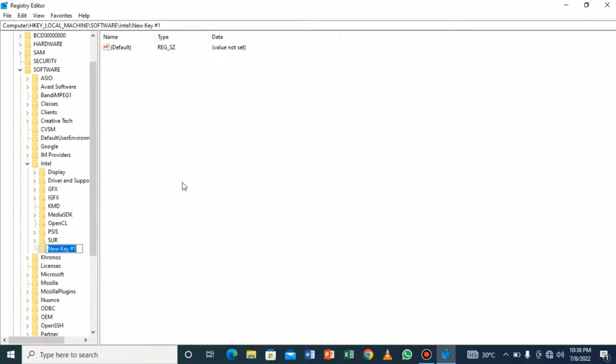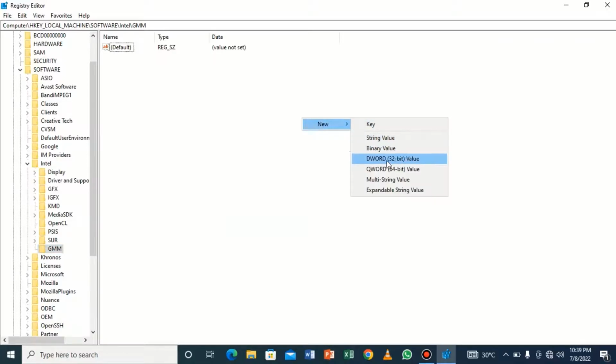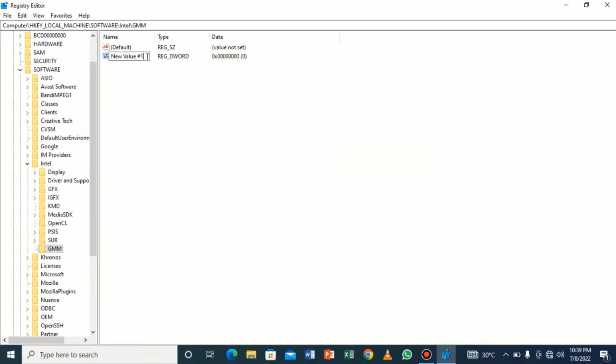Then you do exactly as I do. You type GMM, all caps like that, and click anywhere to save it. Double click on that, then right click on any empty space, click on New, and click on DWORD 32-bit value. It doesn't matter if you have a 64-bit system or a 32-bit system, it's not important here. Just click on DWORD 32-bit value, and follow me carefully here guys. Here you rename this to